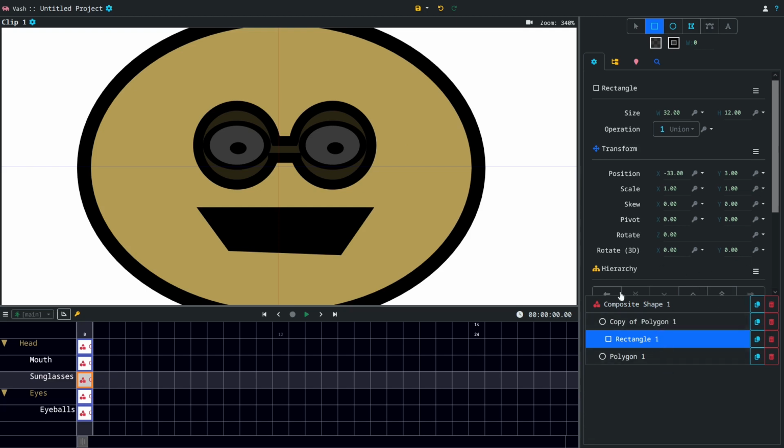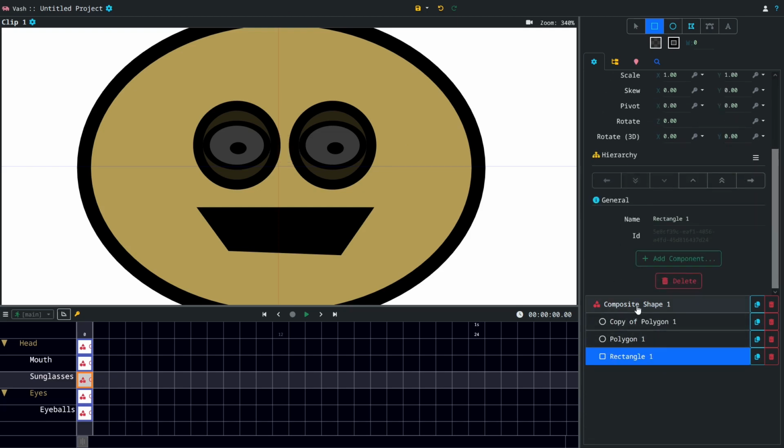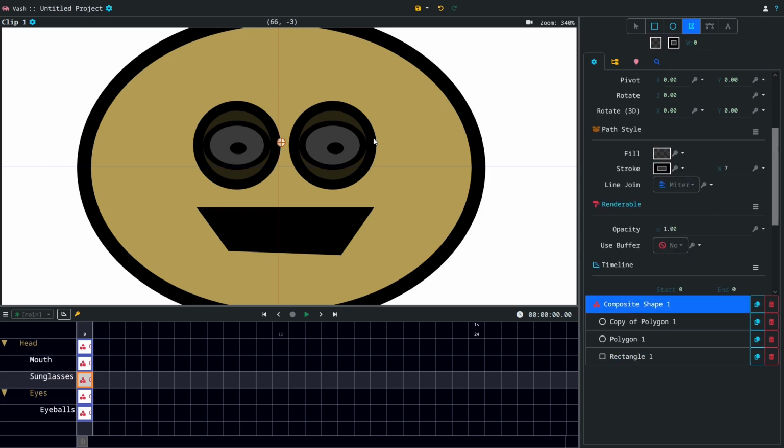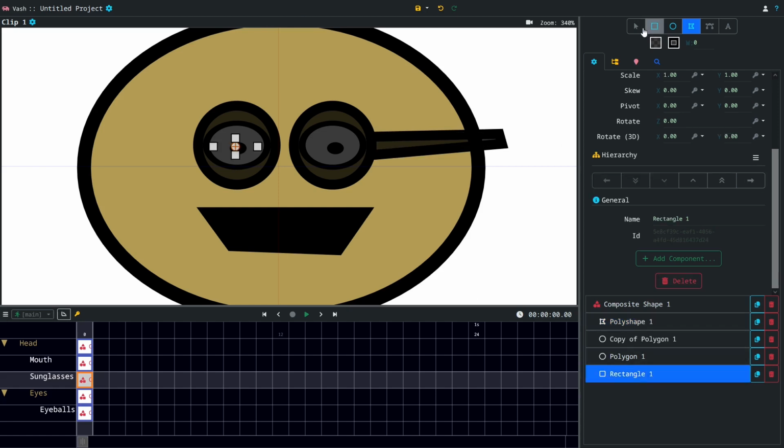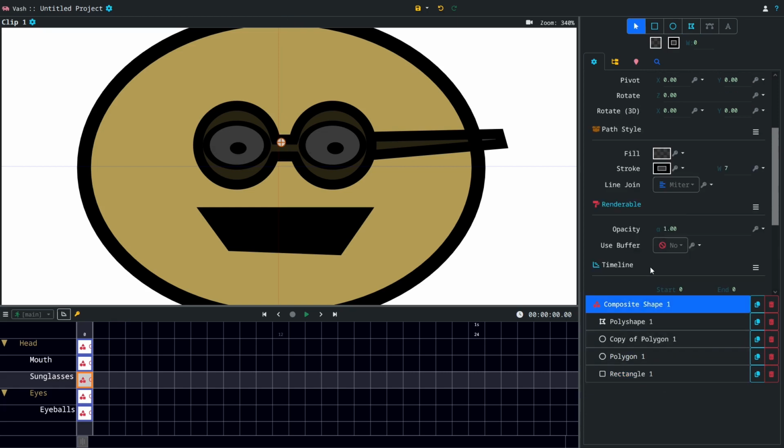But, you know, this might be a little boring. They're just circular glasses. I could also add rectangles or poly shapes, I guess, for, here, let's make a poly shape for the edges. Oops, I screwed up my rectangle. And I'll create another,